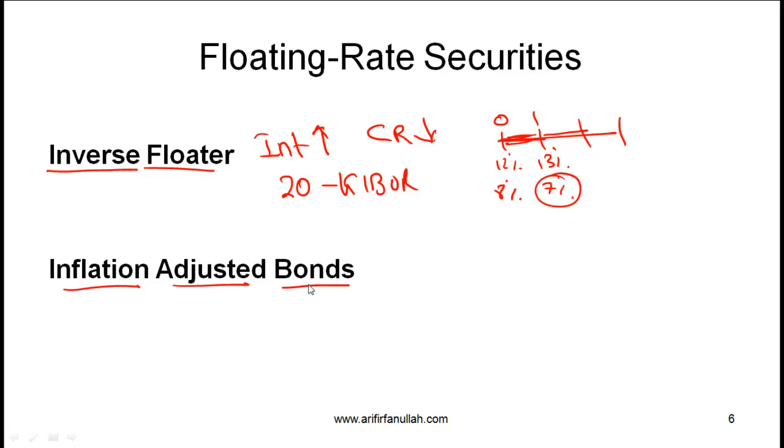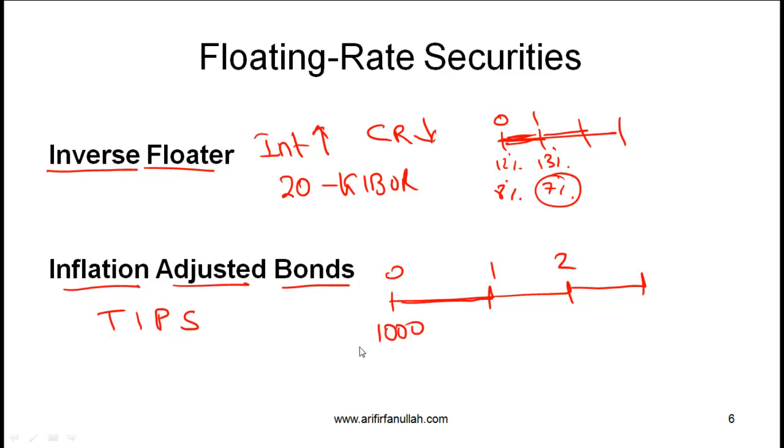Inflation adjusted bonds. These are bonds where the payment varies based on inflation, and the way they normally work is as follows. In the US, these are called TIPS, or Treasury Inflation Protection Securities, and the idea is that for every period, the par value is adjusted based on inflation. So for example, if you have a par value equal to 1000 at time 0, and then over the first period there is a certain amount of inflation, you adjust the par based on inflation,